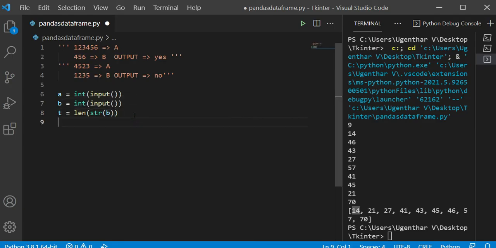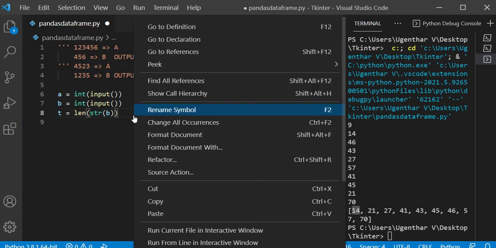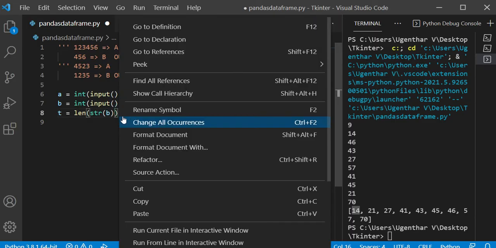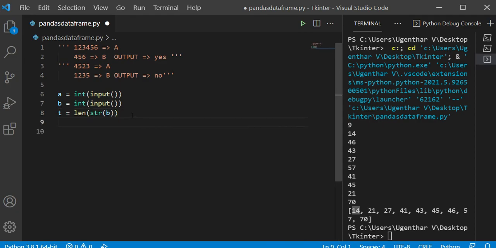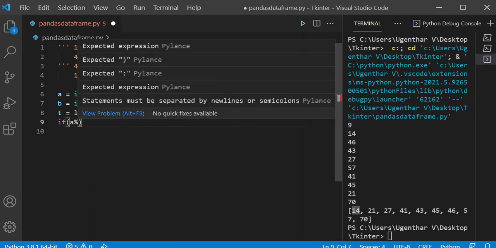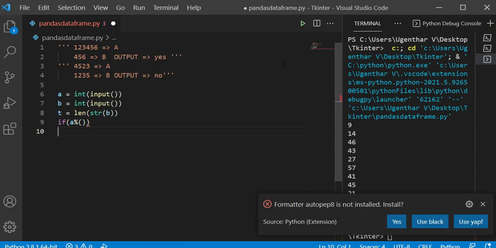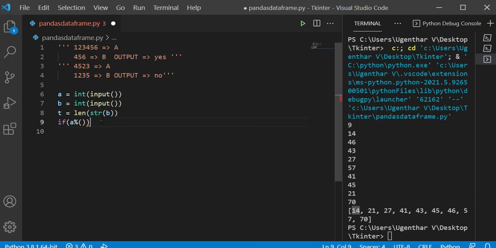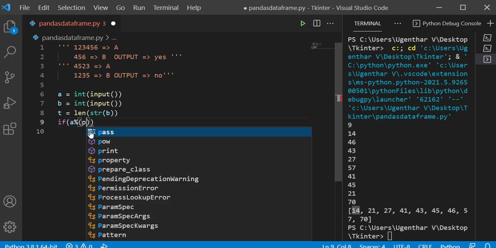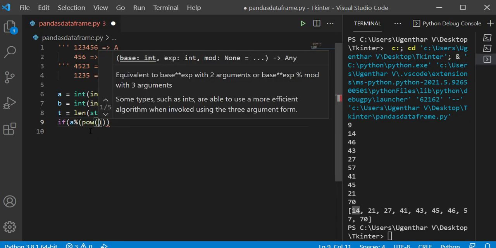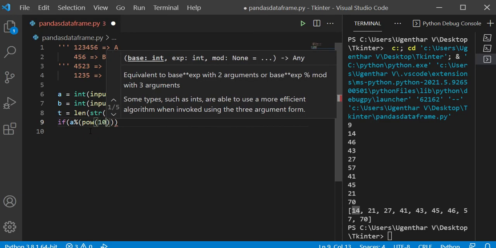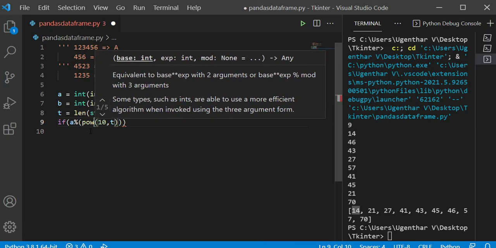Now I am going to check the conditions here. If A modulus of 10 power T, it should be int.